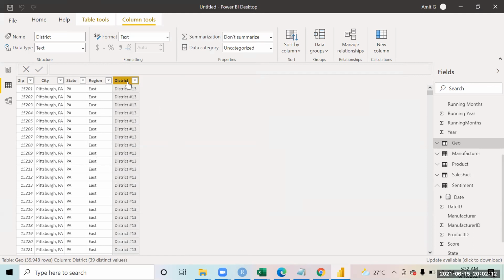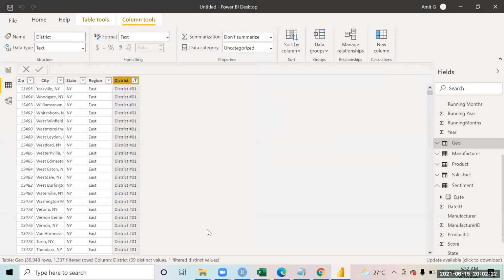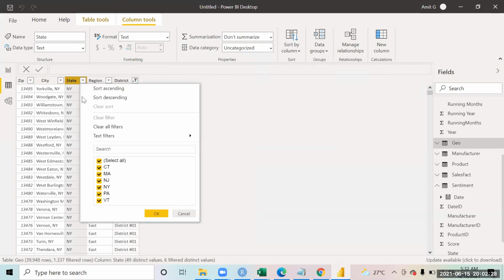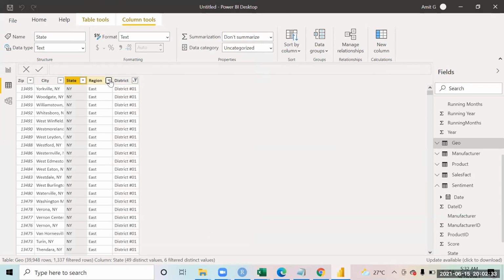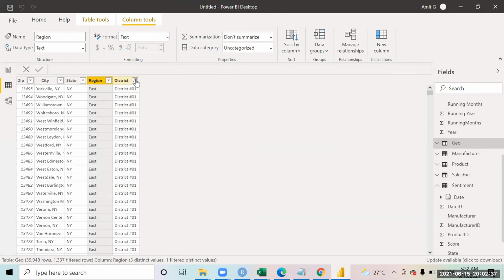If you select one district at a time and try to see what you get, you have a variety of zip codes and different cities, and then the states. The region will be East only and the district is zero one over here.